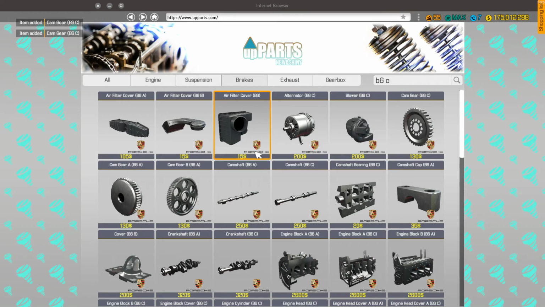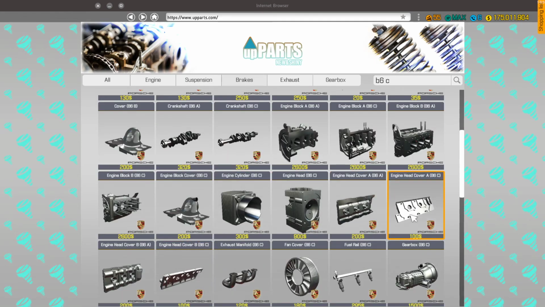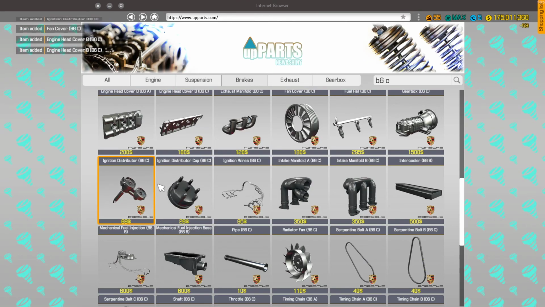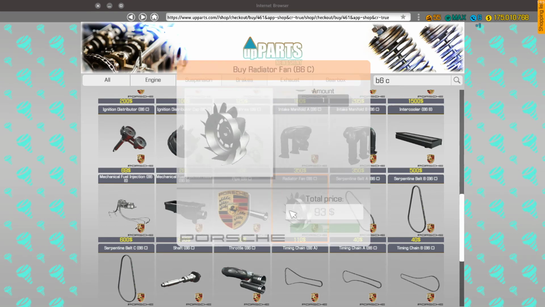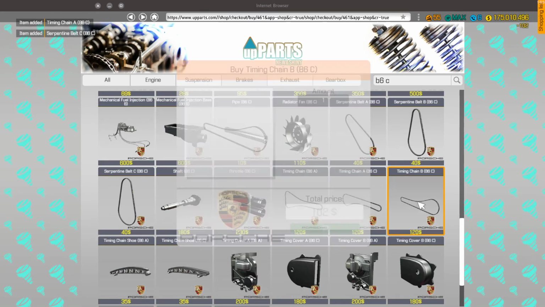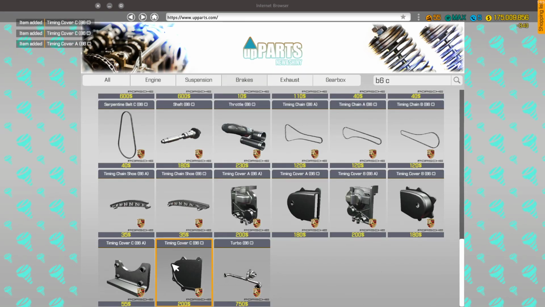2 of those. Gonna need this. Alternator. Two of these. I'm gonna need this cover. Boom. Gonna need 2 of those and 2 of those. Gonna need this. Gonna need that. 2 of these. 1 of these. 4 of these. Whoops. Yeah. 1 radiator fan. Gonna need A and C. A and B. 2 of these. 1 of those. 1 of those. And 2 of them. And then I'm going to need some B6B stuff,